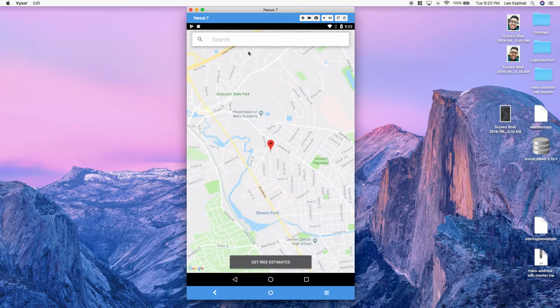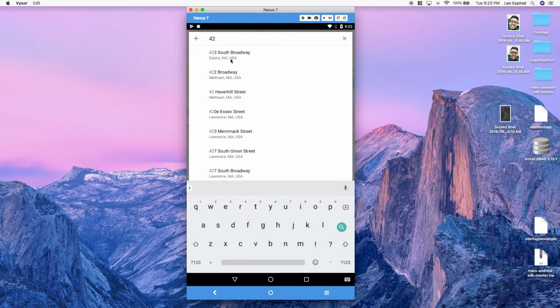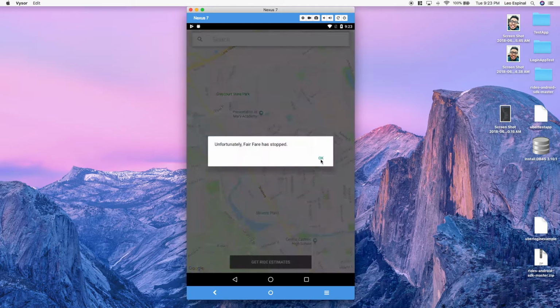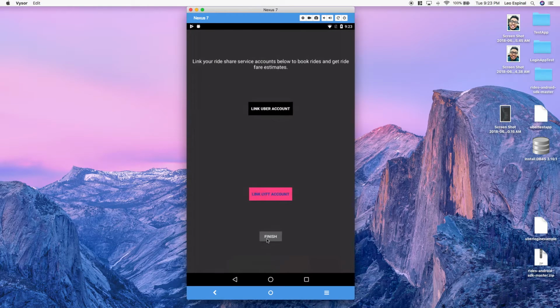And so let's say if I started to type in some random address, it'll start to pick up what's around me right now. So let's say if I were to click, something happened here. Sorry about that. 1 second.